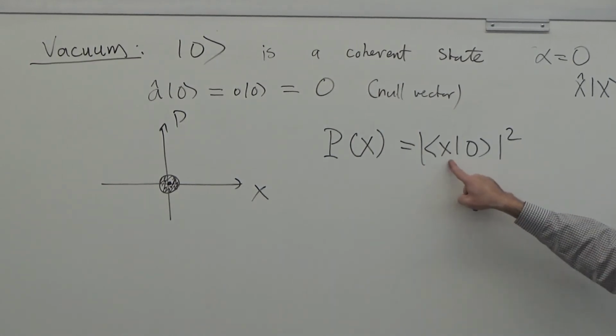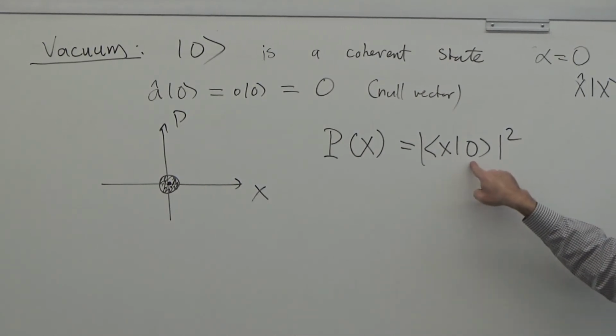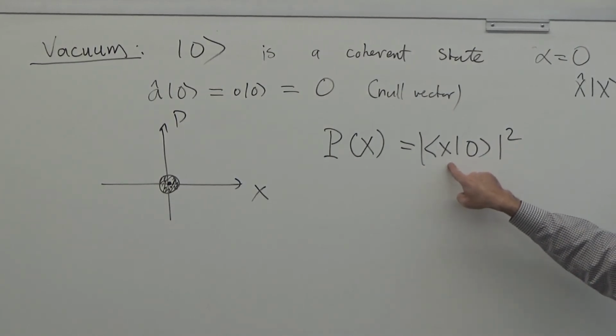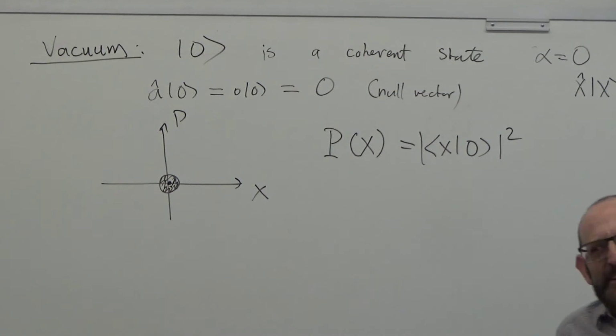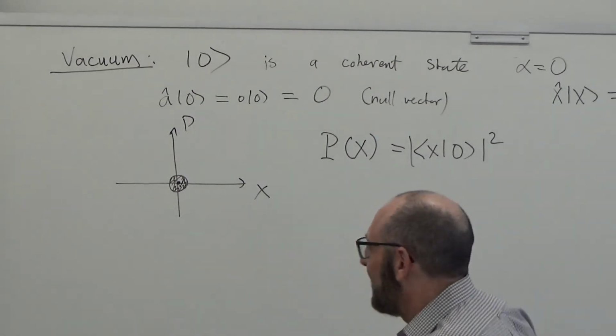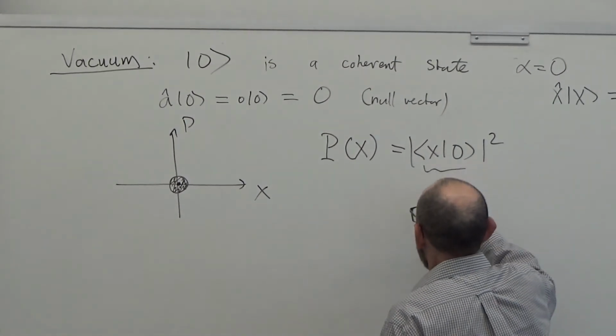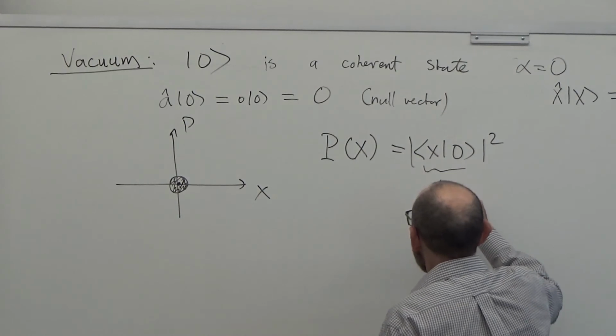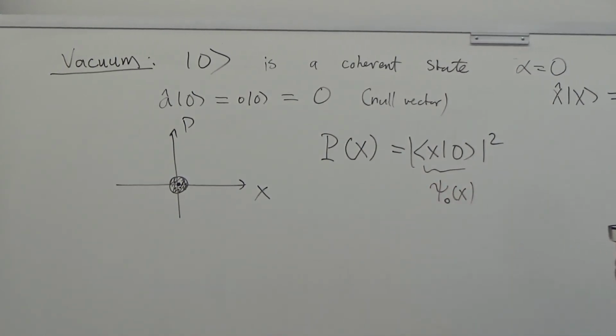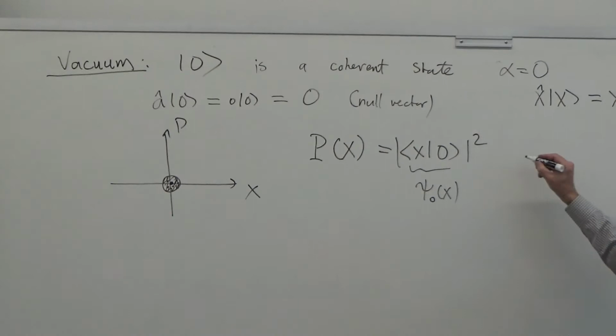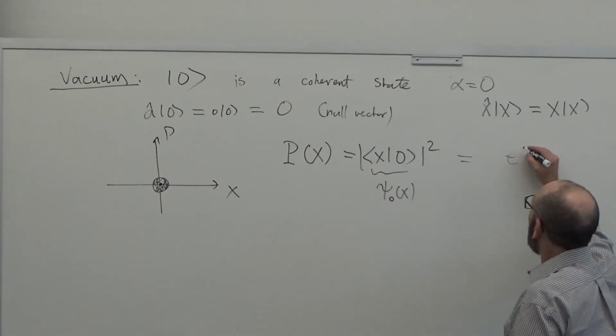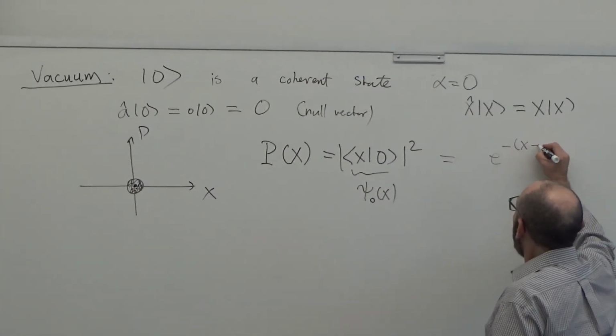This is the wave function of the ground state of the harmonic oscillator in position representation. What is the ground state of the harmonic oscillator? It's a Gaussian, so this is psi 0 of x, right? So this is a Gaussian, and we all know that the way I write a Gaussian